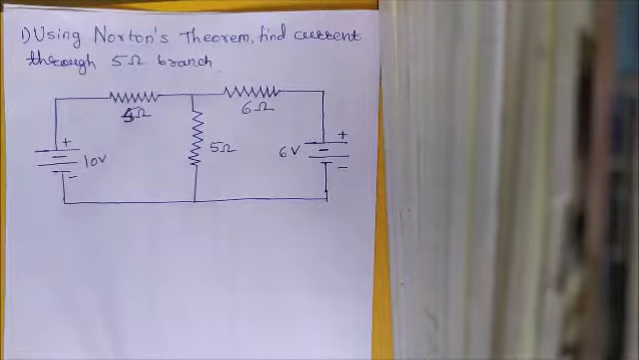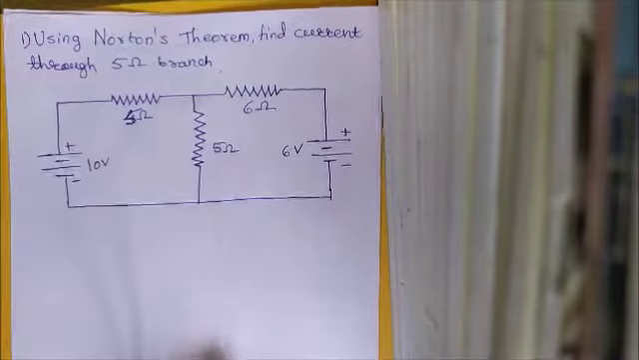voltage sources and removing the branch through which we have to calculate the current, and we find the Thevenin's resistance or Norton's resistance. In the third step we calculate the current flowing through that particular branch using Norton's equivalent circuit, with the formula I equals ISC into RTH divided by RTH plus RL. The same steps we are going to perform here to solve